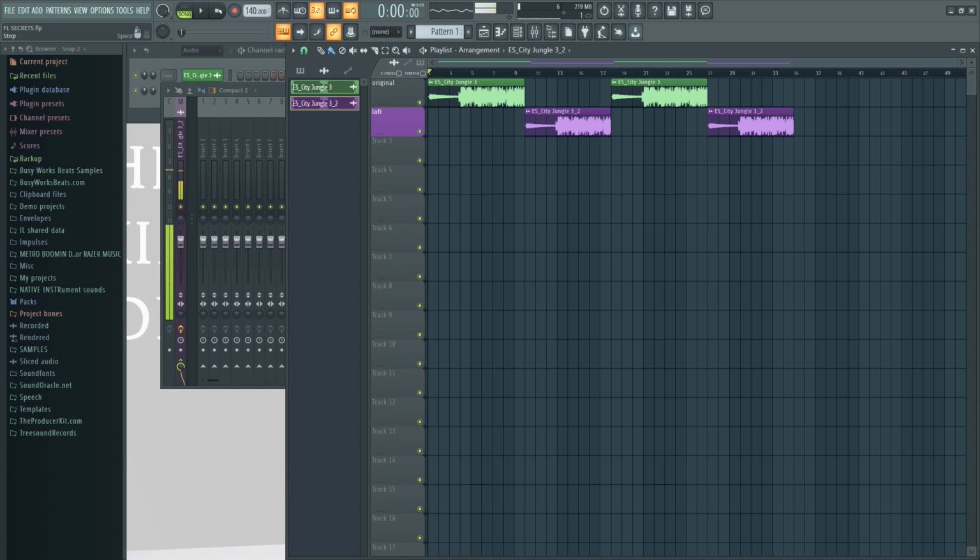So a lot of that high end got knocked out, but it smooths it out. Smoothens. I don't know why that's funny to me, but it smooths it out. Okay, so a really cool, easy technique for free right inside of FL Studio.